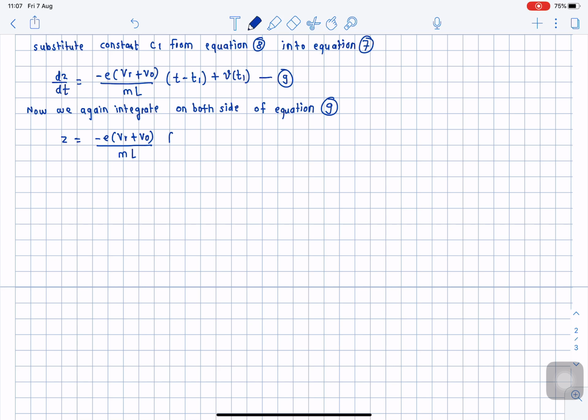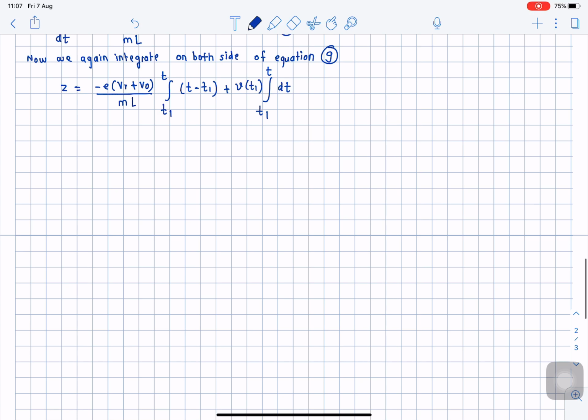Now here I will get the integration from t1 to t minus t1. Okay, and velocity v of t1 is a constant. I will take it out again from t1 to t of dt. So when we solve this particular integration equation, we get z is equal to, that is distance z,